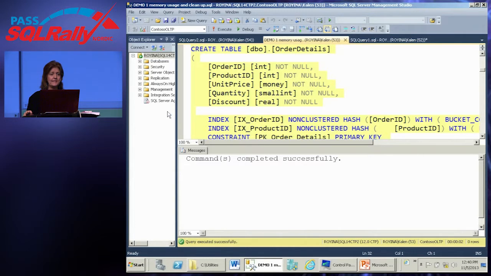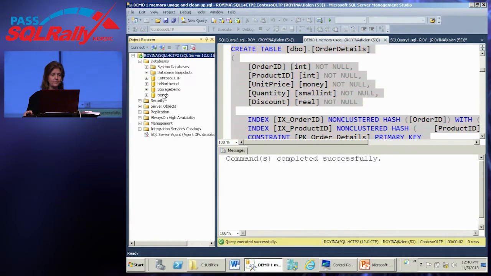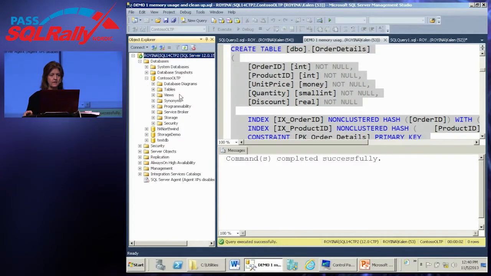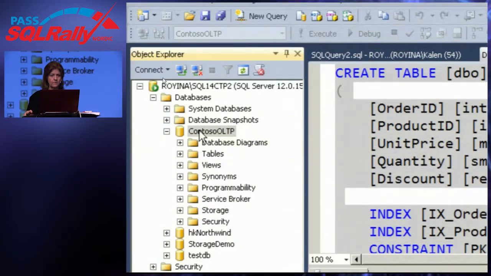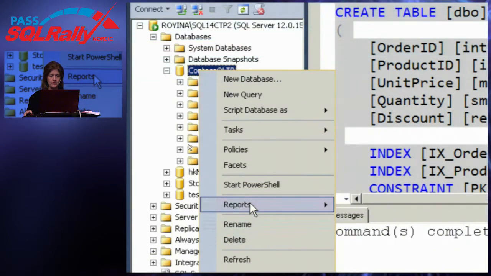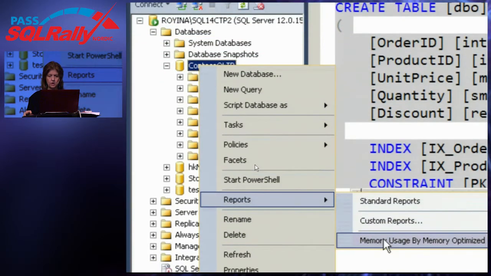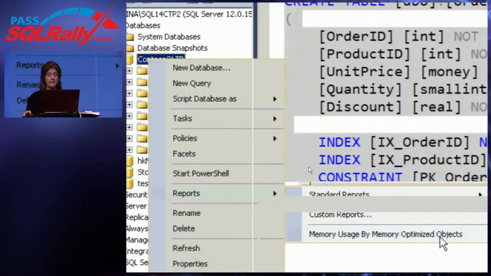When the table's created, even though there's no data in the table yet, if I right-click on the database name and look up reports, there is a report called Memory Usage by Memory Optimized Objects.